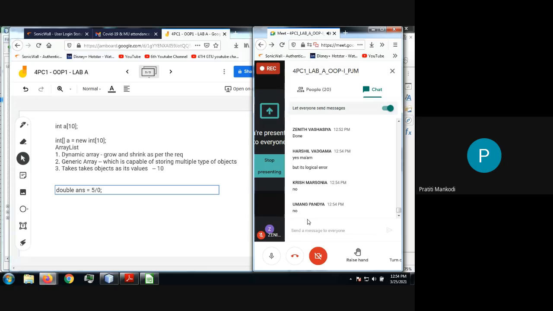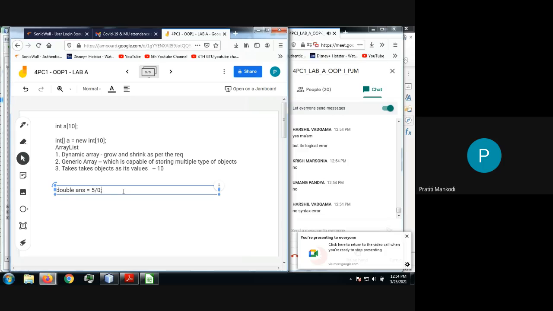Yeah, it's a logical error, right? That's correct. But is there any syntax error? No, no syntax error, right? So when I compile the program which has this line, it is not going to give me any error. It will compile successfully. But as soon as I run the program, it is going to give me an exception because it is a logical error. So in the simplest terms, exceptions are runtime errors, not compile time errors.